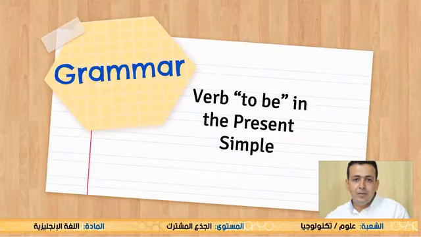Today's lesson will be a grammar lesson. We will be talking about a very important verb in English. This verb is the verb to be. It is highly important. We will see why it is important. So this lesson will be about,